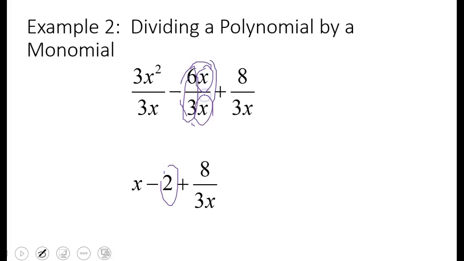X divided by x. Anything divided by itself is 1. We simply don't write the 1 because 2 times 1 is still just 2. 1 is the multiplication identity element. My final term here